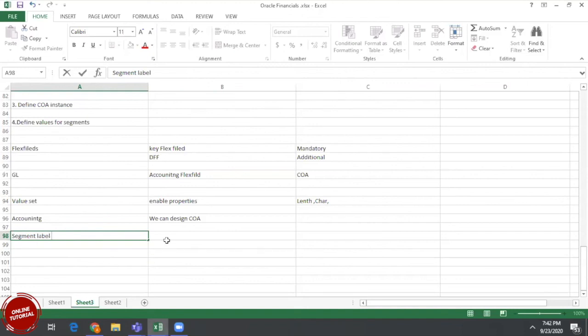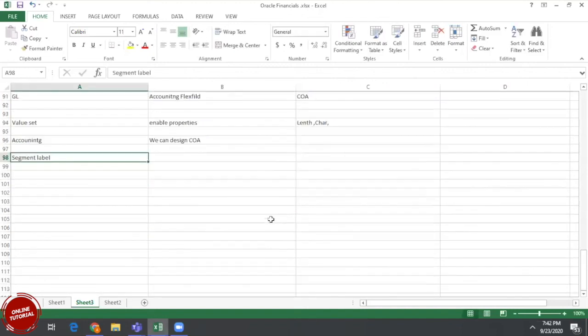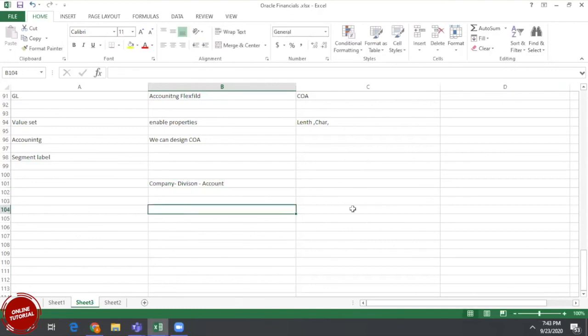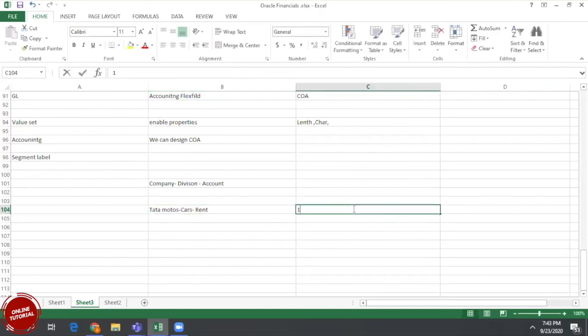What is the importance of a segment label? For example, I have a company, a division, and an account. Let's say company Tata Motors, cars division, account rent, for example 10,000 rupees.